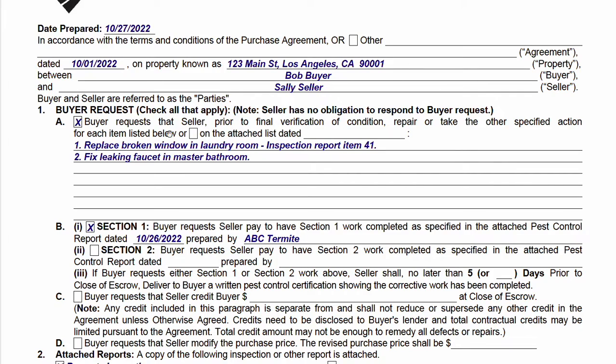All right. Now, buyer requests that the seller, let me jump over here, take the specified action, okay? Action being the operative word. Why? Because the big mistake made here when you're requesting repairs is I see agents just write a problem. They make a statement about a problem in prose. They don't ask for the seller to do something. They say something like